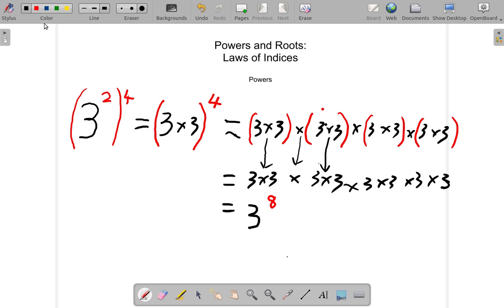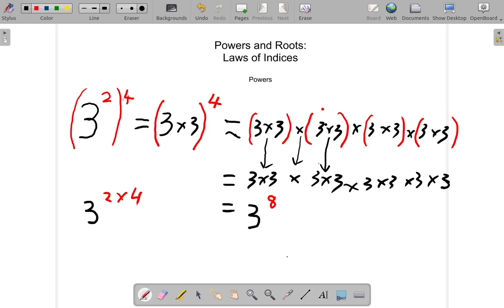Now let's look back here, the 2 and the 4. We could say it is 3 to the power of, it's not 2 plus 4, 2 plus 4 will be 6. It's not 2 divided by 4 nor 4 divided by 2, it is 2 times 4. So 3 to the 2 multiplied by 4 equals 3 to the 8. So what this is suggesting is that if I have 3 to the 2 and all to the 4, I must multiply the